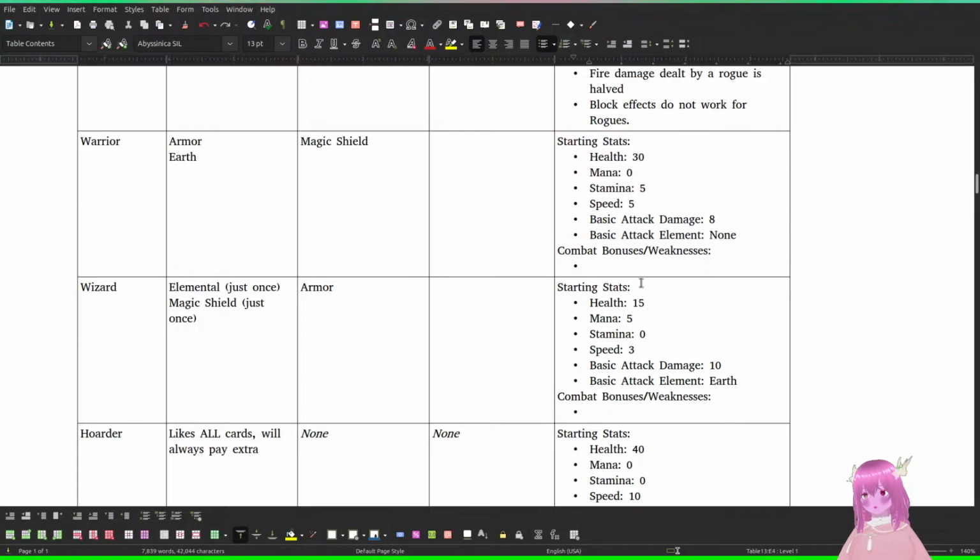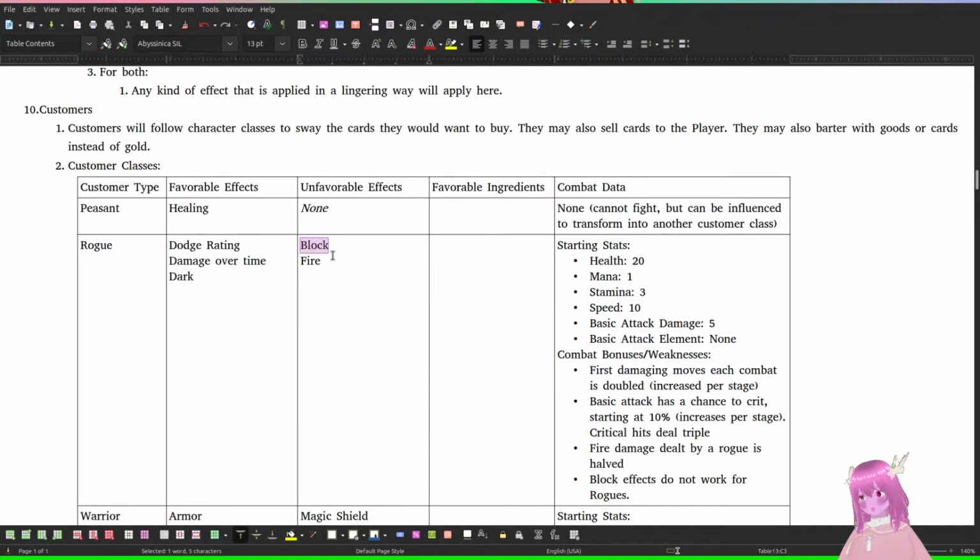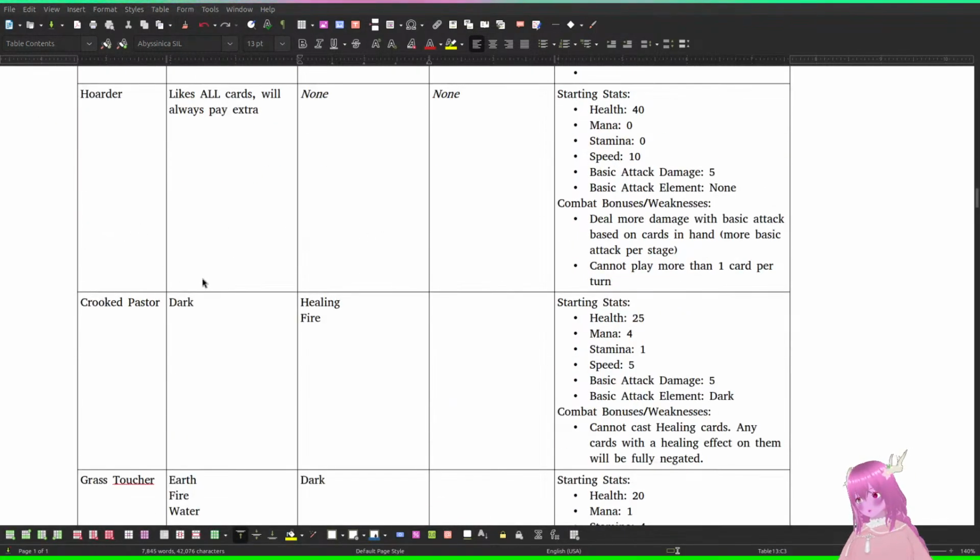What's next? The warrior. The warrior will start each dungeon with 10 armor. Now remember that armor. Also, I just realized this should be armor. Oops. That should have been armor. Oopsies.